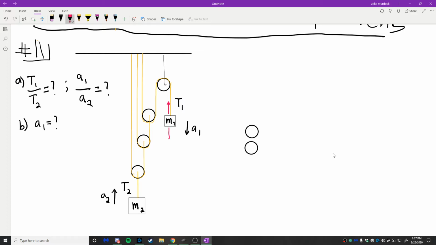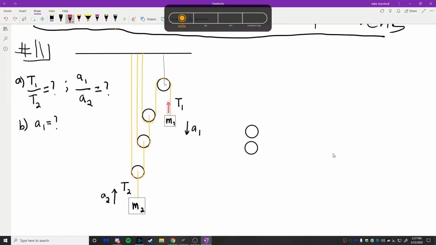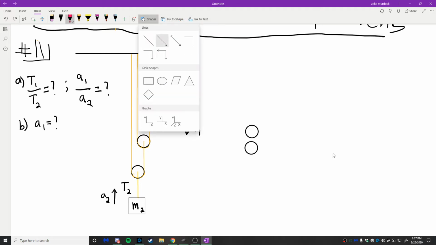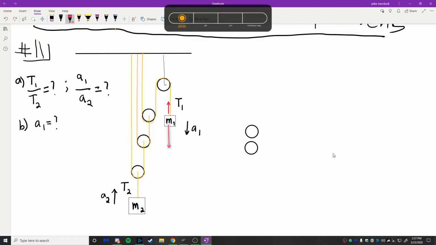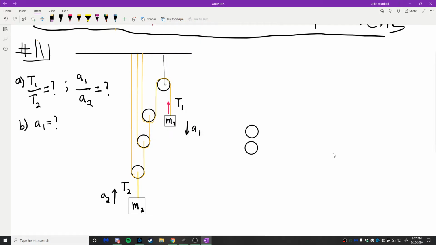So there'd be two forces acting on M1. They would be the tension T1 pointing up, and since we're going to assume that it's going to move downwards, we're going to make the weight a little bit bigger. So those are our two forces. The other force is down this way. The values of these forces: this one's going to be M1 times G, that's its weight. And then this force is going to be your T1 right here. And then acting on this one, you're going to have